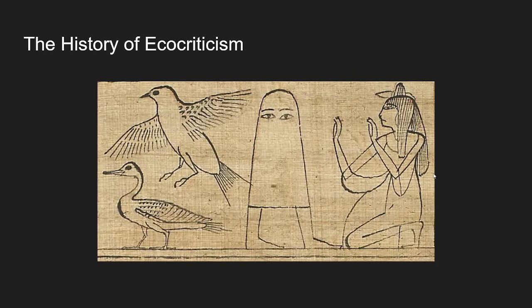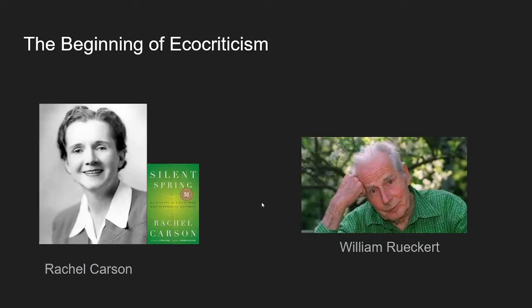Now, I think it's time to talk about the history of eco-criticism and how it was developed. The term was first used by this man, William Rueckert, in 1978. But as we learned in class, he wasn't the main one that started the movement. It was her, Rachel Carson, and her book Silent Spring that started the movement of